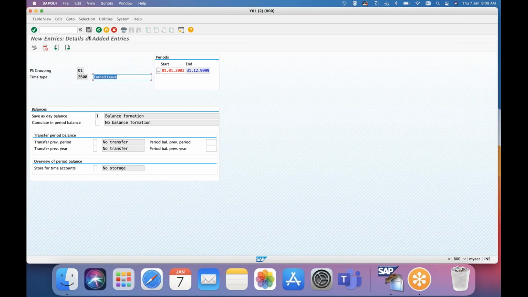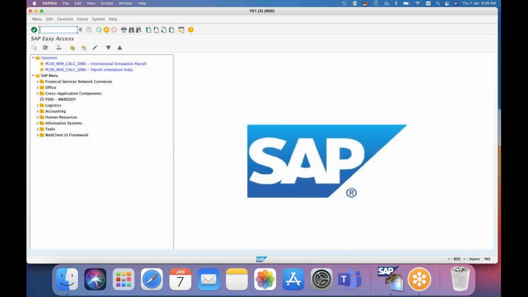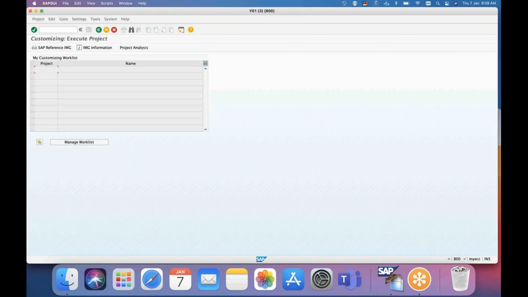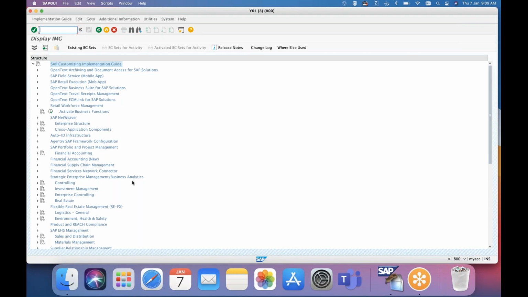Once we have created the time type, this can be mapped in the configuration. After creating the time type, let us see the configuration part, the basic steps we have to take care of to activate any of the quota to be generated through time evaluation. Generally, when you create the quota type, it can be maintained through PA30.